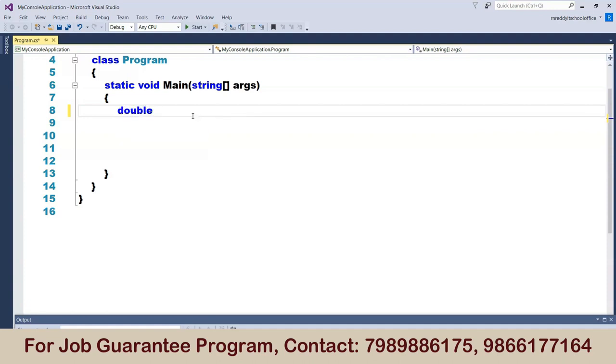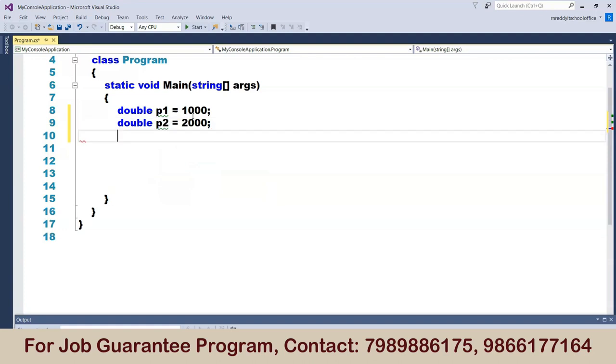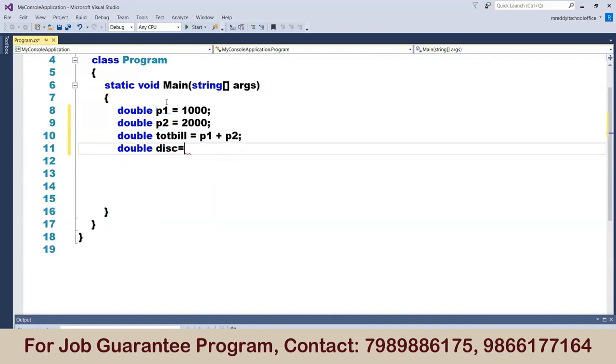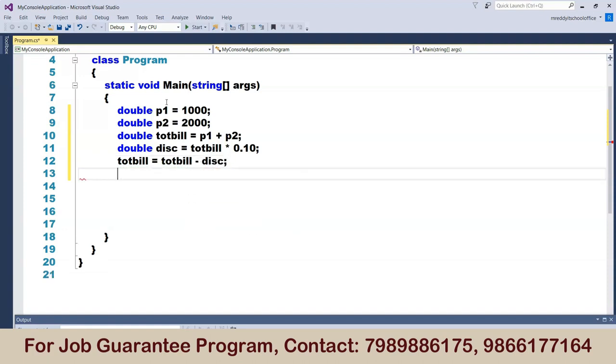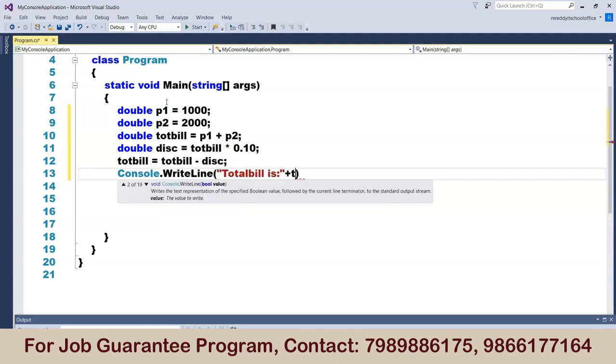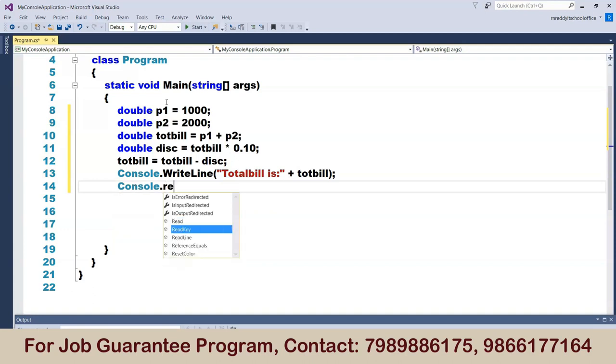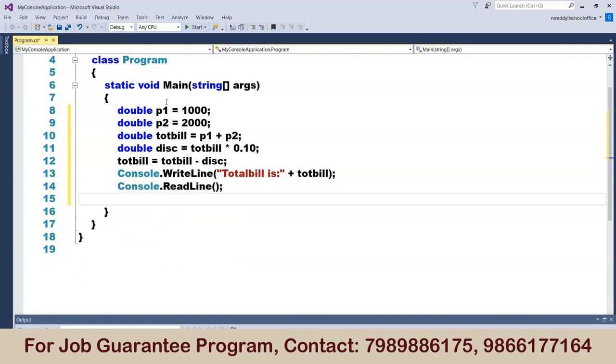First we are going to create one variable called double P1 equal to 1000, next double P2 equal to 2000, double total bill equal to P1 plus P2, double disc equal to total bill into 0.10, total bill equal to total bill minus disc. Now Console.WriteLine total bill is total bill, Console.ReadLine. Now after we write the program, build the solution